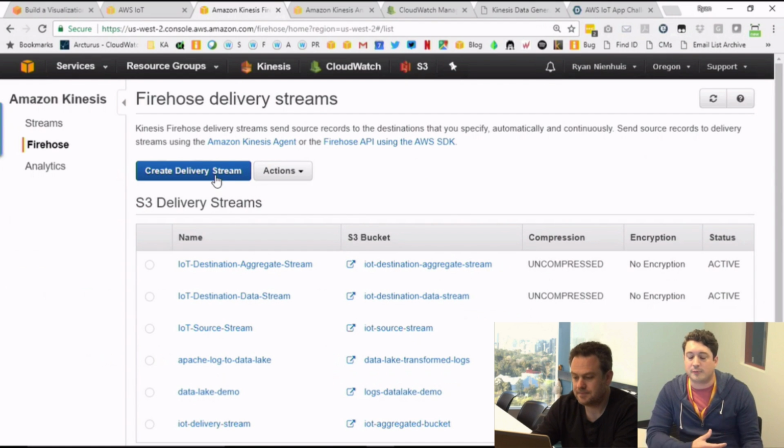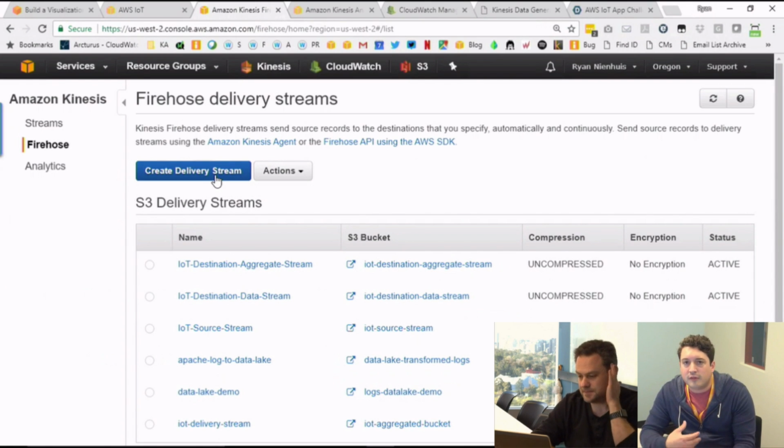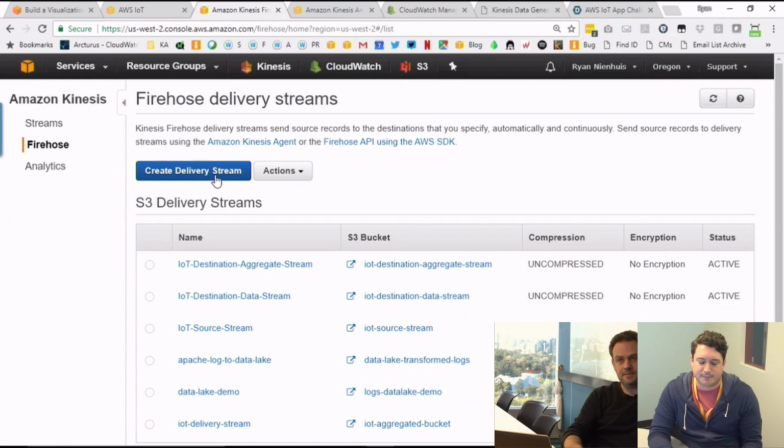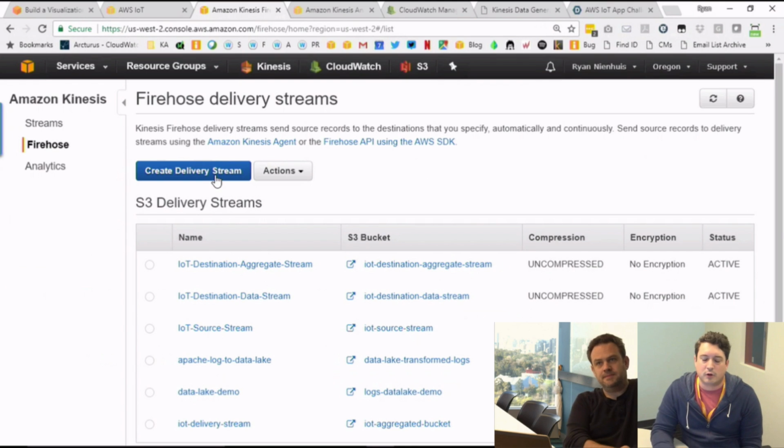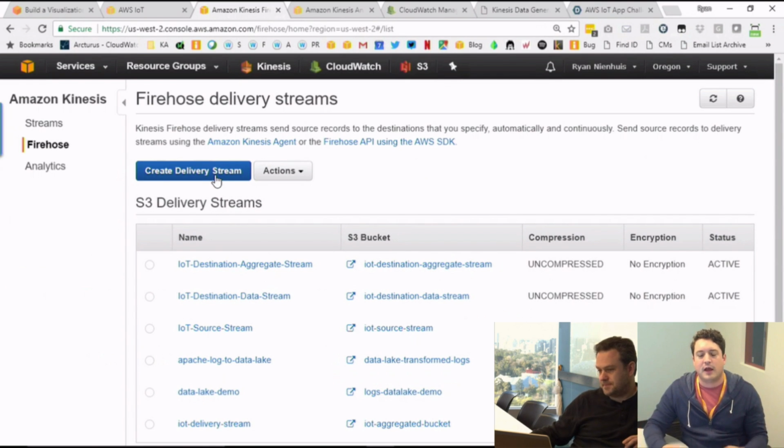So you're getting a large volume of data events, you need to get them into S3. And when you write data to S3 or Redshift or Elasticsearch, the destinations that Firehose supports, you want to load that data in a specific way. As an example, the script that we have running right now generates something like 10, 20 events a second. When you upload data to S3, you don't want that data in separate files with very, very small events in it. You want it in nice, large chunks that are easy to deal with. So you want to buffer the records first, and then possibly transform them before delivering it to S3.